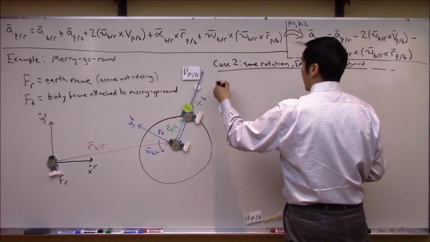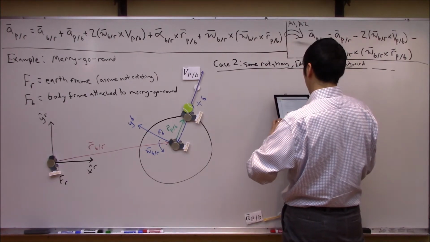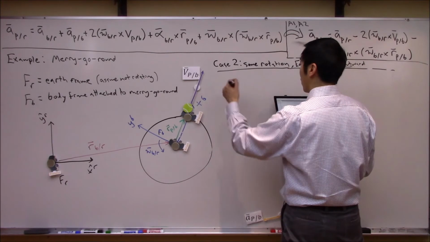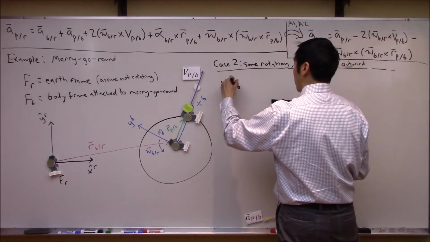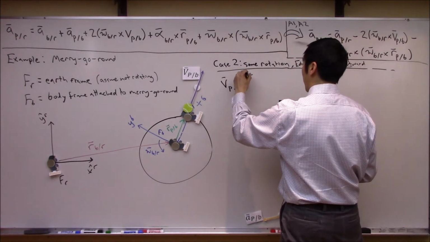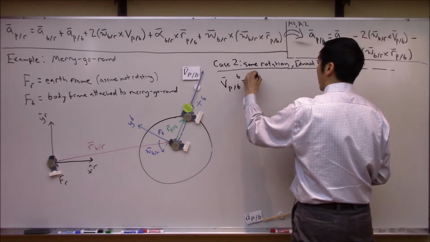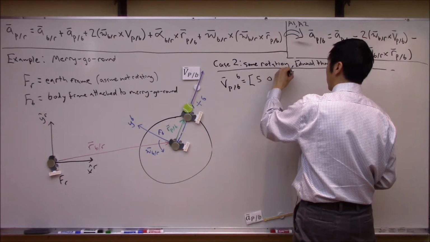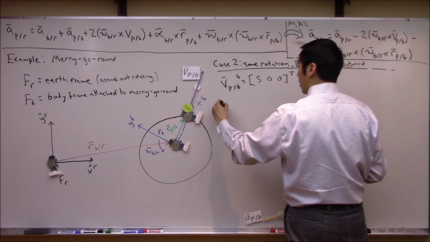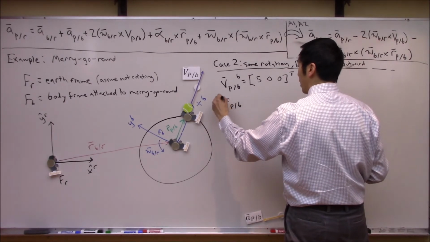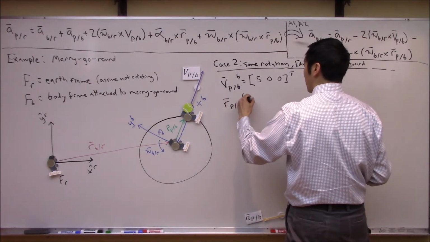So I think, again, we can now say that the same thing we had was a VP with respect to B expressed in the body frame. Let's just call it, again, he throws it exactly in the x-axis, so you get 5, 0, 0 transpose, right? And now we see that RP with respect to B, this is expressed in the body frame. This is not 0 any